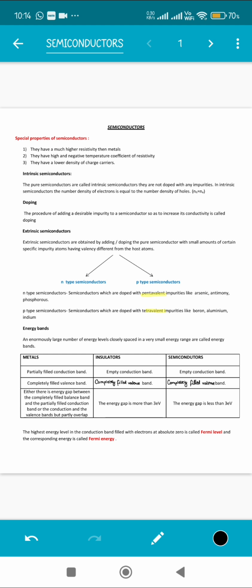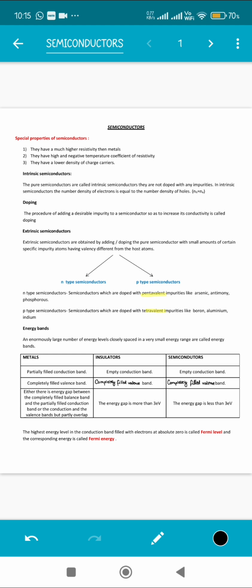Now, in metals, the valence band is completely filled. Valence band means the band containing the valence electrons. In insulators and semiconductors, the valence band is also completely filled. So in all cases the valence band is completely filled, and in metals the conduction band is also partially filled. This means that metals can conduct electricity in any condition, insulators will never conduct electricity, of course, but for semiconductors, we need to increase the temperature so that we can see conductivity.